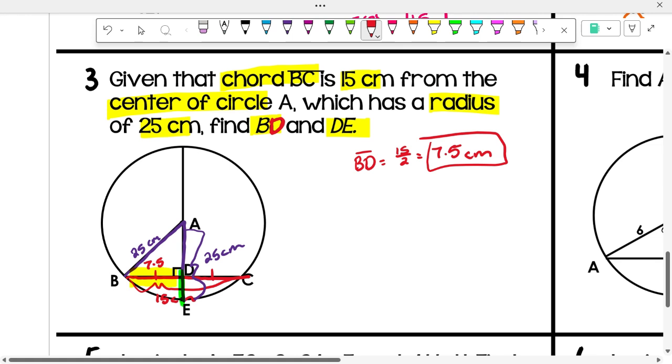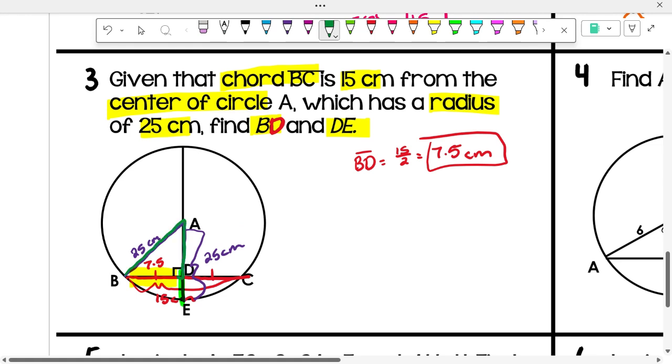Okay, so to find DE, we actually need to find AD first. Why do you think I need to find AD? It's a piece of it. So if I can find AD, because I already know that AE is 25, I can subtract the two to get DE. So how can I find AD? 25 minus